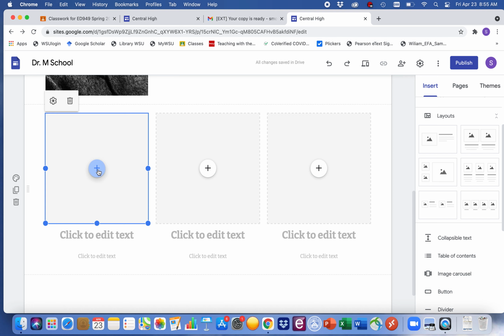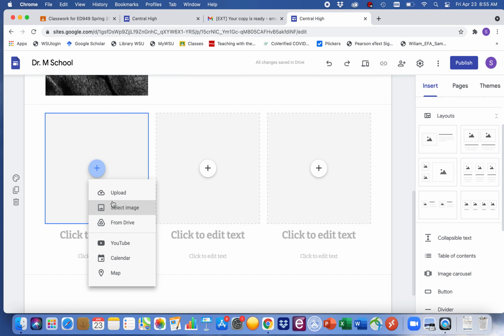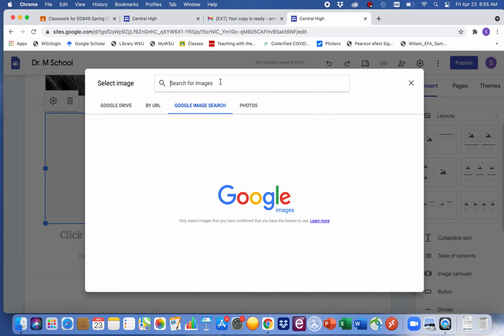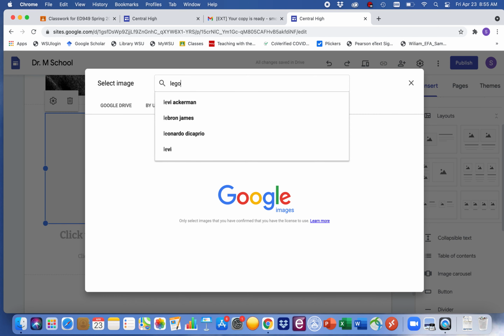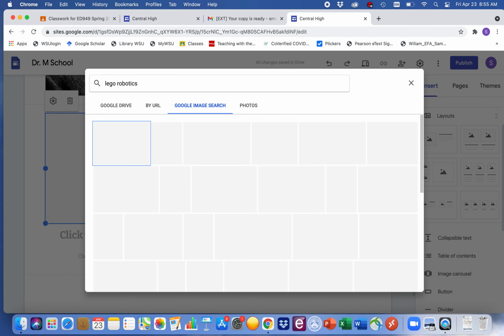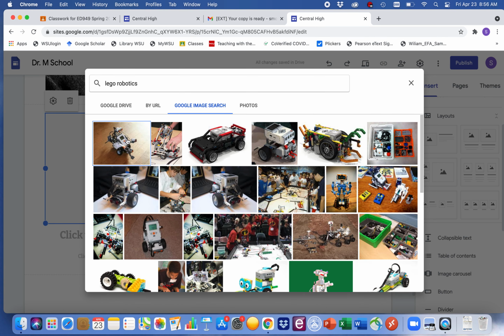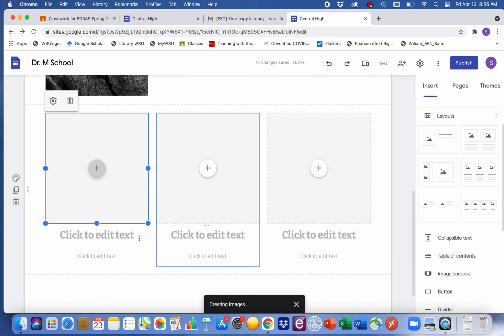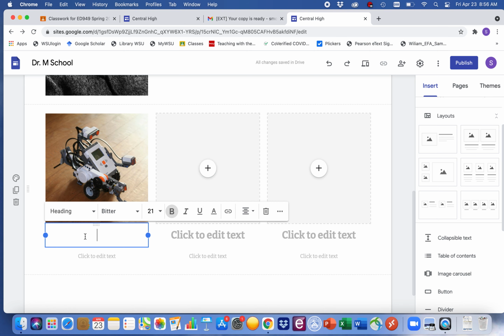Suppose I want a picture and I'm going to select an image, and I decide I'm going to do another Google image search, and I'm going to look for a picture of maybe something that I'm involved in, is that we do Lego robotics. So I want a picture to put there. And then I want to write about how